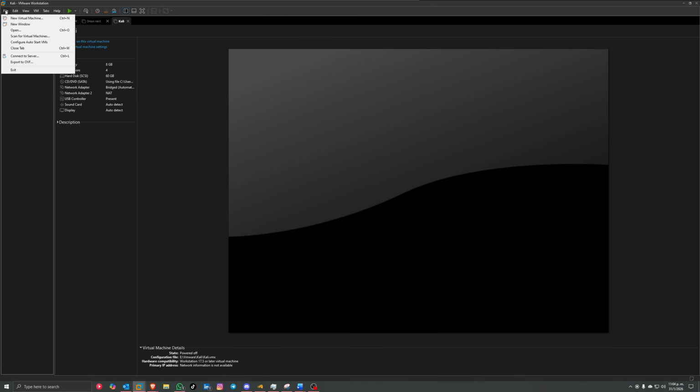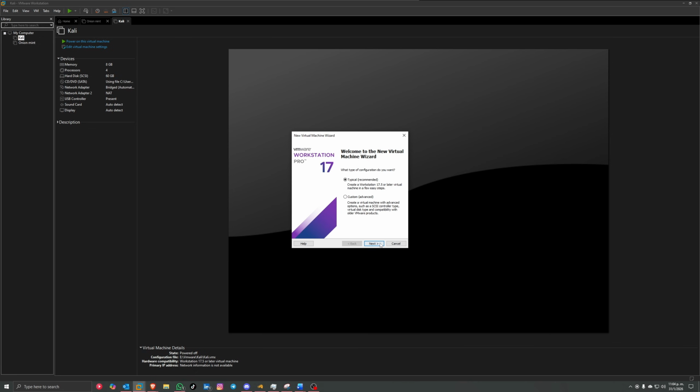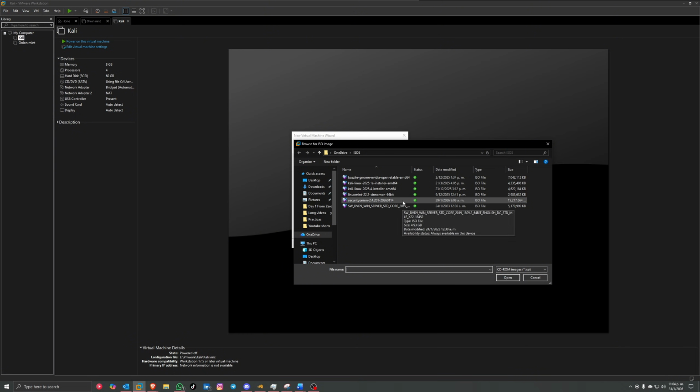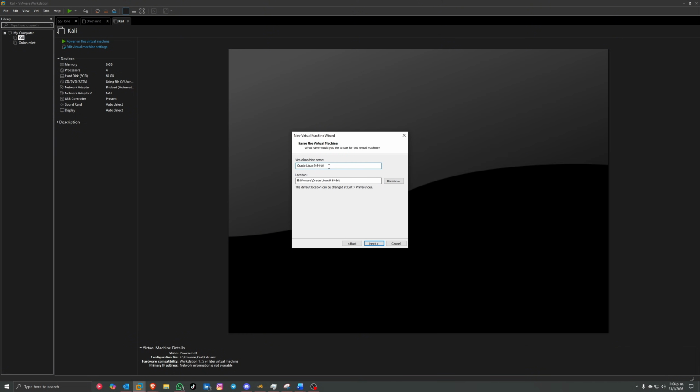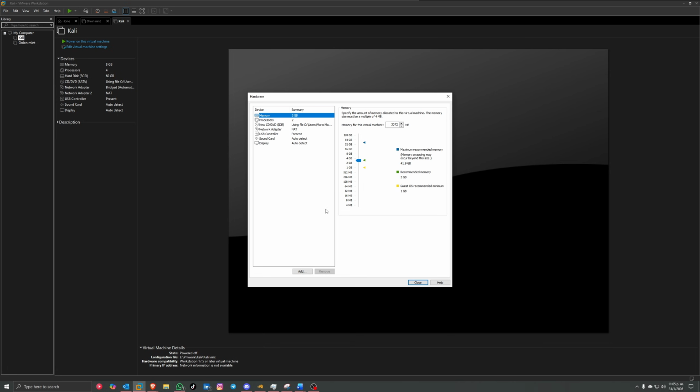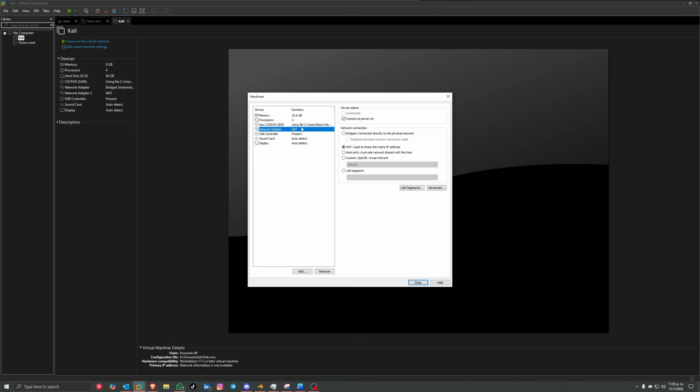So let's go ahead and create our virtual machine. Make sure that you browse and search for your ISO image, and then we're going to click next. Enter the name of your virtual machine, and then for storage, which was 200, let's keep it in a virtual disk, which is just a single file, and click next. Then we're going to change a few things before we power up the virtual machine. Customize hardware: memory around 8 gigabytes, and move the processors to 4. We need two network adapters, so we're going to add a new